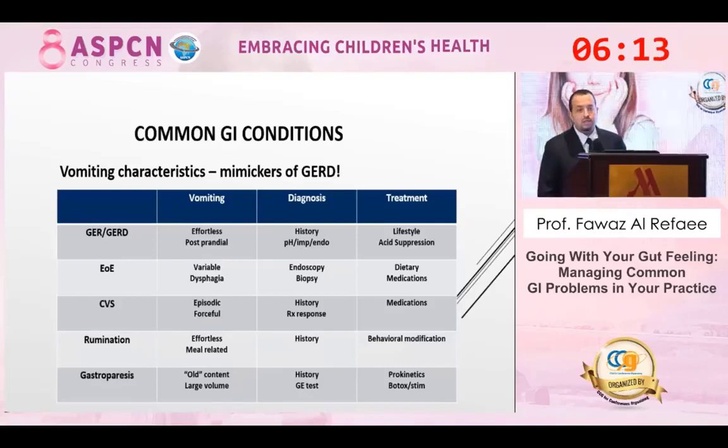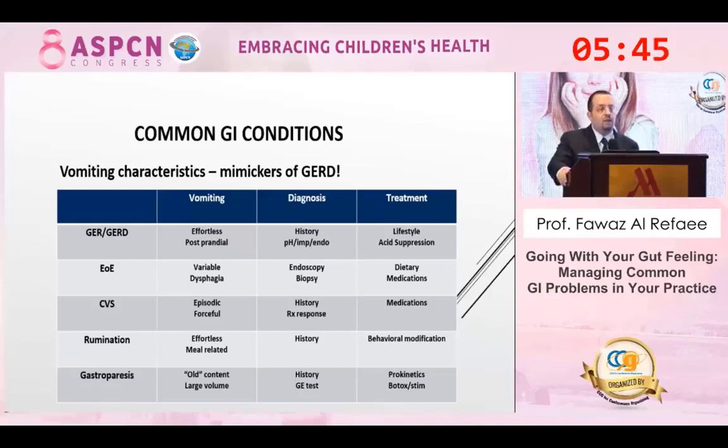Eosinophilic esophagitis is another diagnosis that we see more and more nowadays, and it's a very important differential diagnosis for a child with vomiting, especially if the child has a family history of atopy or a personal history of asthma, eczema, or other problems. Child presents with dysphagia and food bolus impaction, especially in older children. Younger children who have failure to thrive, persistent vomiting, not responding to your classical gastroesophageal reflux treatment, keep eosinophilic esophagitis